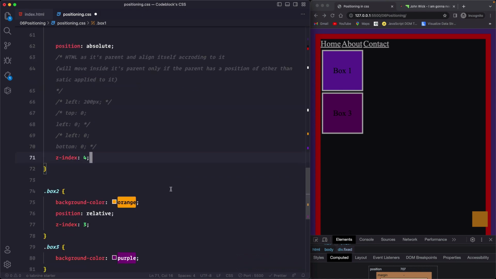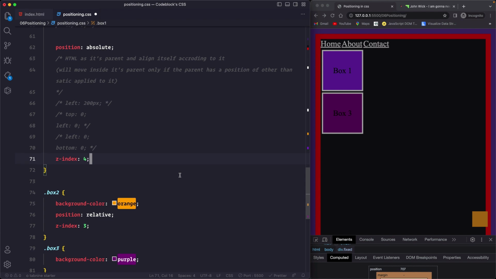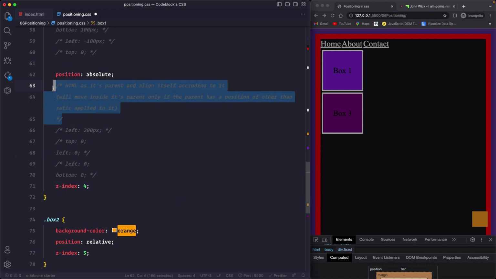Now again, if you are a beginner, this may sound a little intimidating, so I will suggest you watch this lecture 2 or 3 times and do some manual coding on your own. Try to change the position, try to change the values, read these rules and try to understand. Okay, like an element will move inside its parent, so go and figure out who the parent is. Only if the parent has a position other than static applied to it. What does it mean? And once you are able to understand the complete fundamentals of these statements, you are